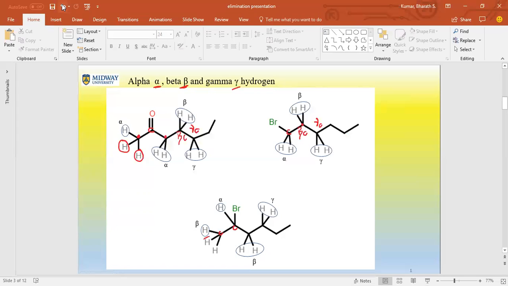So again, all 3 are beta hydrogens. And on this side there's no more beta. If there is a carbon, that would have been gamma, but there is none. But on this side we have our beta carbon containing the beta hydrogens, and then you have your gamma carbon containing the gamma hydrogens. For elimination reactions, typically for alkyl halides like what we are focusing on,